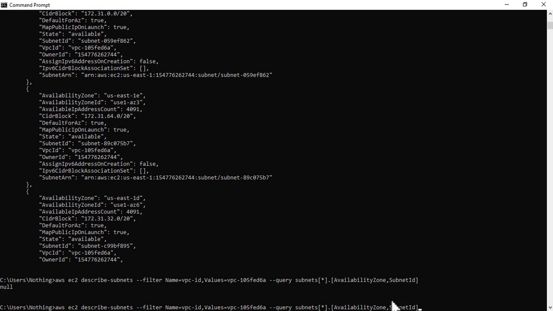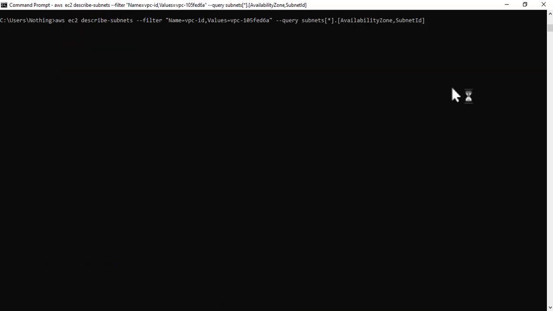Do you want to guess the mistake? I am getting the null result because of subnets in the wrong case.